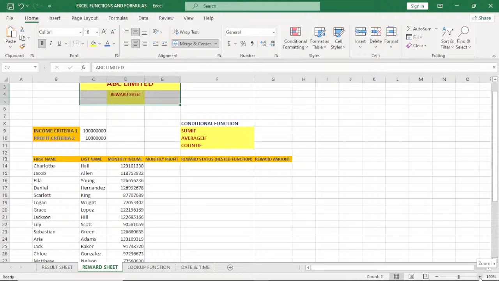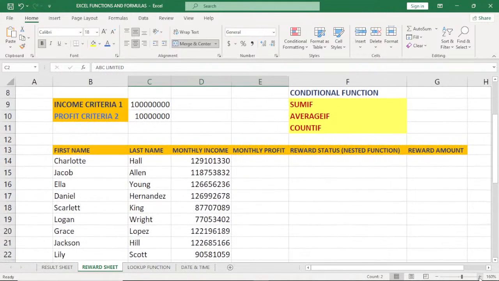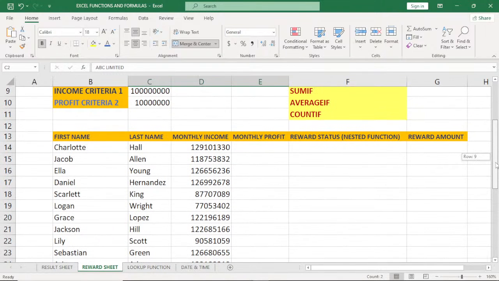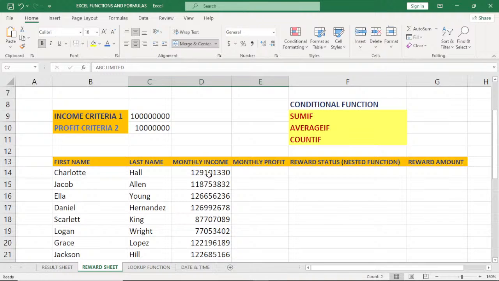Now, here, let's say you are a HR, and these are salespersons. And these are their returns, monthly income and monthly profit. Because of our time, let me do the if, what we can use the if function to achieve as well. It's not only the aspect of I use the nested if. So here, for you to use the if function